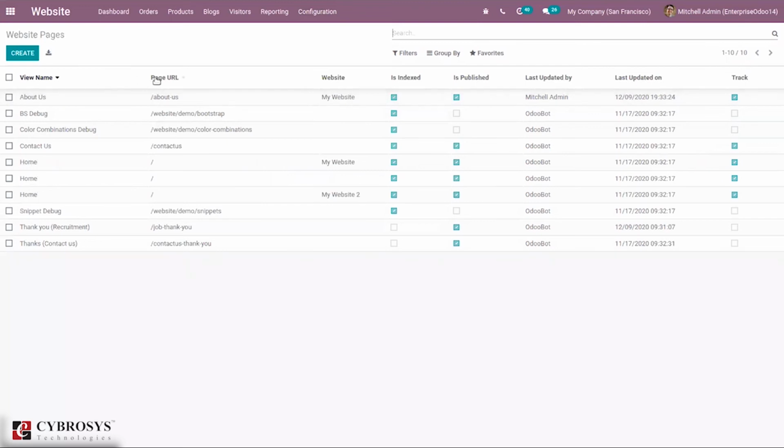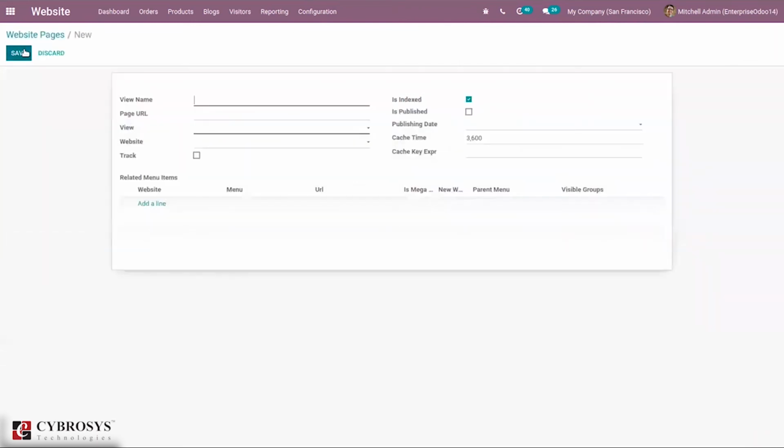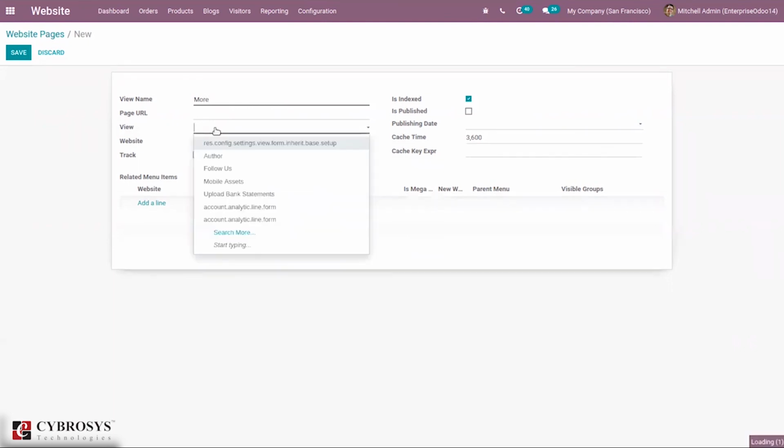You can see the view name, the page URL, and the website in which it is published, and whether it is indexed or published, then who last updated it, the last updated date, and whether to track this page, which is used to specify whether a page of the website should be trackable or not. I can create a new web page directly by clicking the create button. I can add the view name from here, and if you want to add a URL you can add that, and we can add a view here.